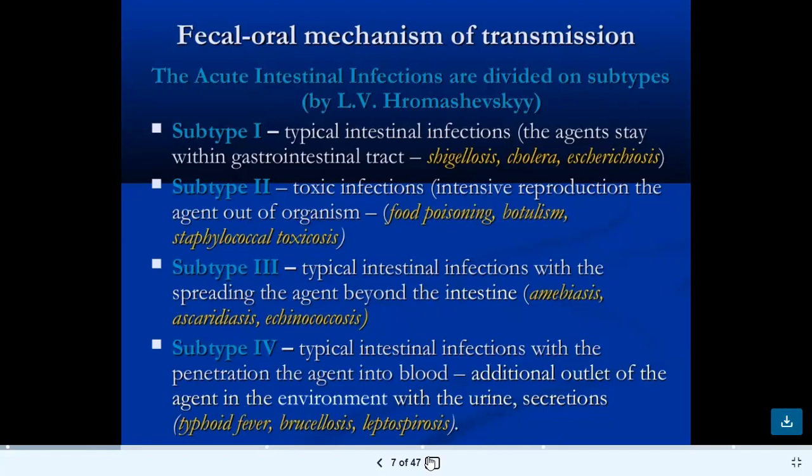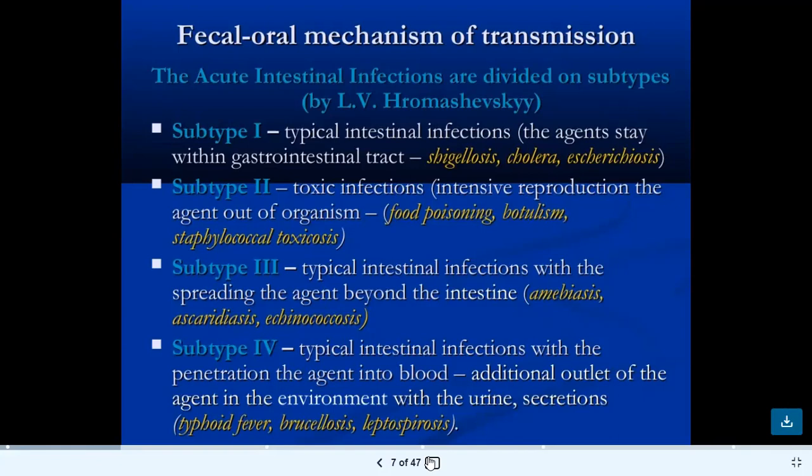Subtype 2, toxic infections, with intensive reproduction of the agent outside the organism, that is food poisoning, botulism, and staphylococcus toxicosis. Subtype 3, typical intestinal infection with the spread of the agent beyond the intestine,